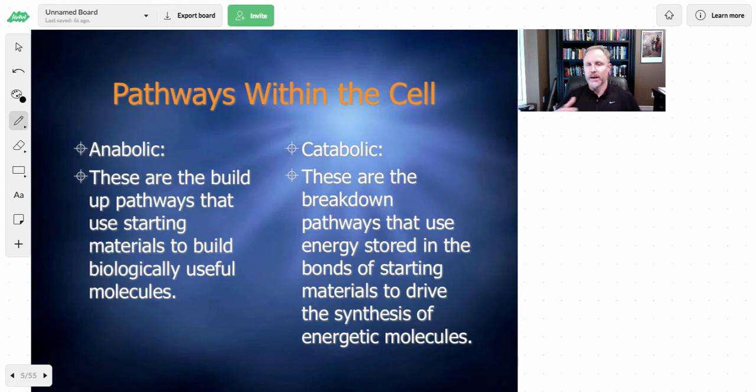In the anabolic, we said, are the buildup ones. To refresh your memory of what we said earlier in the course, anabolic, like anabolic steroids, which is what some people take when they're cheating in athletics to get larger and gain an advantage. So the anabolic pathways are the build-up components of the metabolic pathway. And then catabolic pathways, or catabolism, that's the breakdown. That's like digestion, breaking these things down and making the components of these larger molecules useful for the